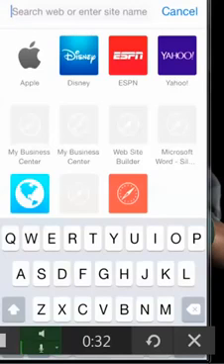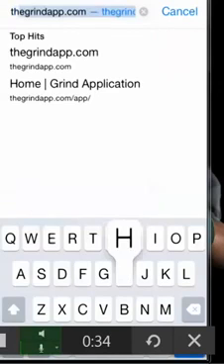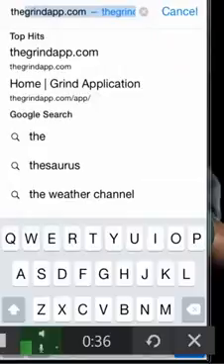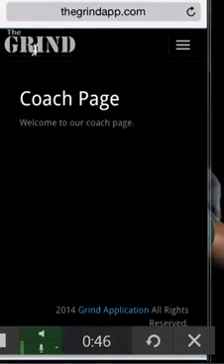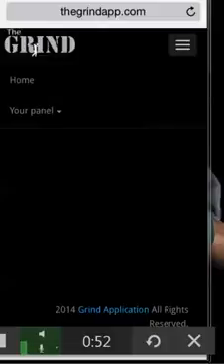for you coaches, and to access that, it's grindapp.com/app. Again, grindapp.com/app, which you can see on this where it says home grind application here. So I'm just going to click on that. It says welcome to our coaches page, and there's a little menu button up in the top right corner here. Now I'm already logged in because I have the remember me